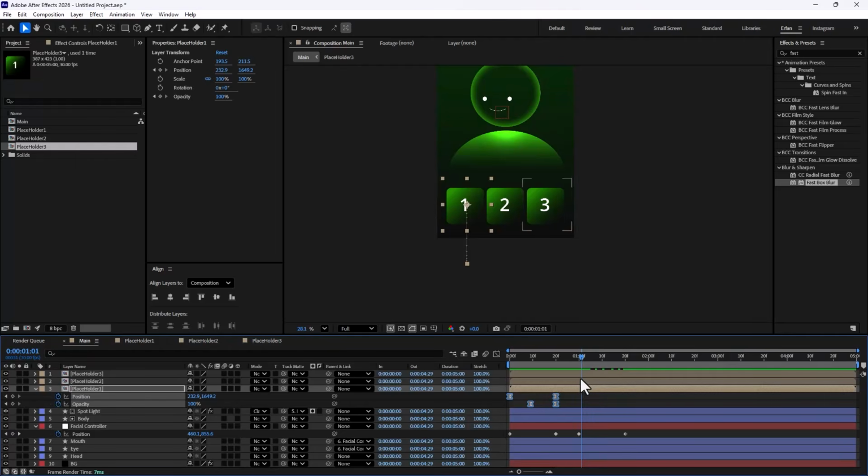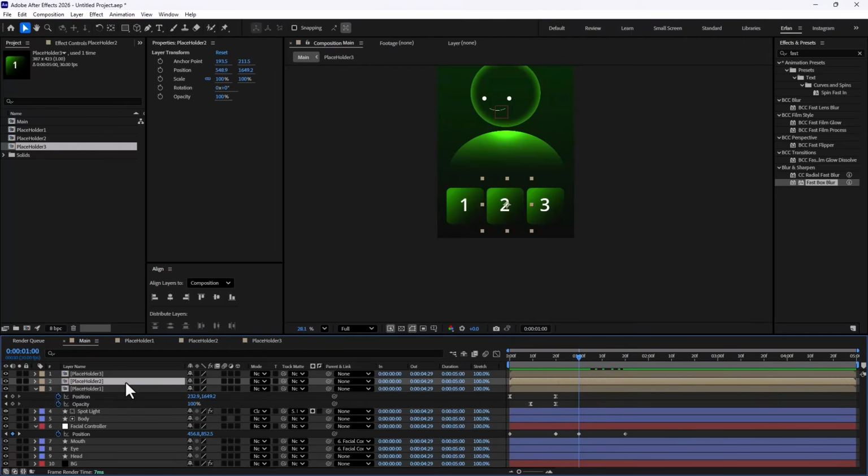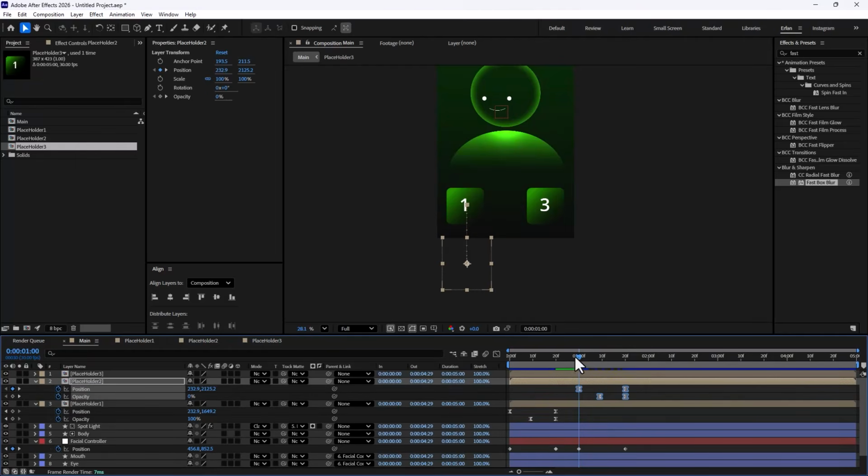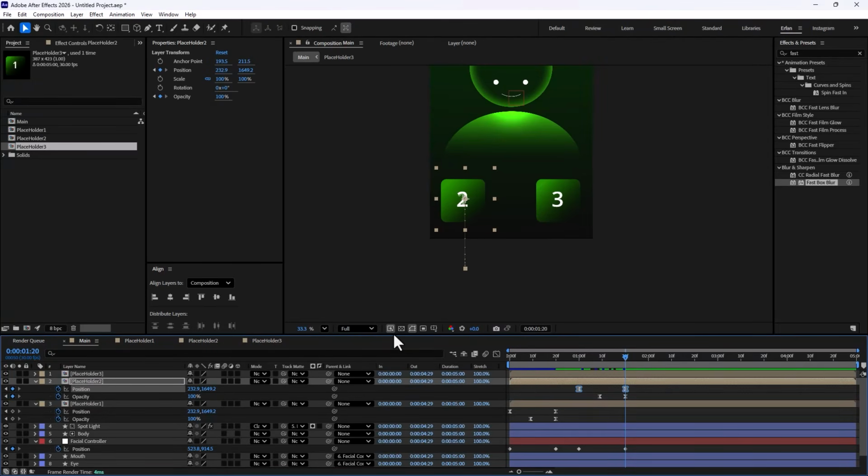I'm gonna go towards the 1 second, and I'm gonna just paste it for this keyframe. But as you can see, now the position is set on here. So I'm just gonna go on the position, which is exactly on here. And then I'm gonna just push it exactly towards middle like so. Now we will have this animation again.